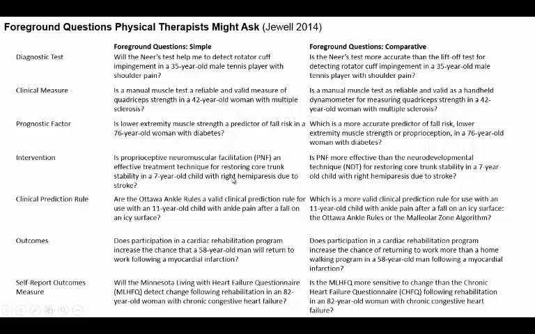Or you can ask a comparative question: is PNF better than neurodevelopmental technique, or the NDT, for restoring core trunk stability in this child? Again, your question could be related to diagnostic tests, to clinical measures, prognostic factors, intervention, clinical prediction, outcomes, or